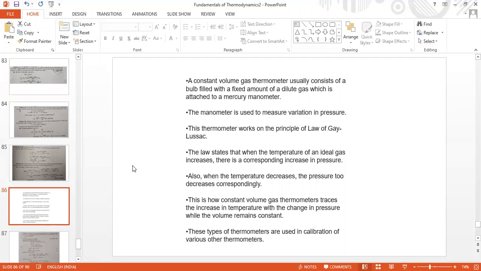So a constant volume gas thermometer consists of a U-tube manometer. To one side, a bulb is connected, and a fixed amount of some dilute gas is attached to this manometer. The manometer contains mercury, and any pressure variation in the bulb that is having